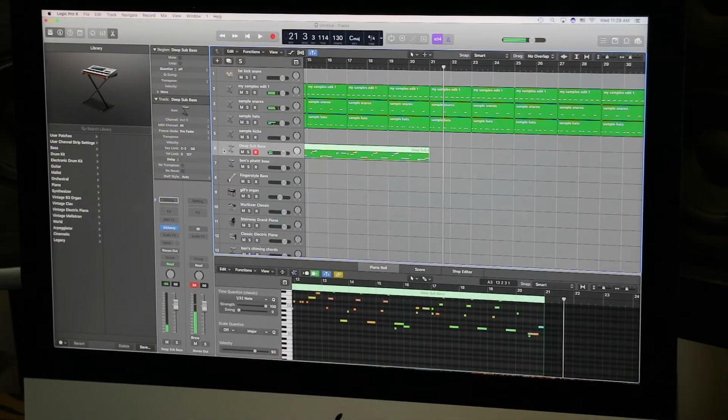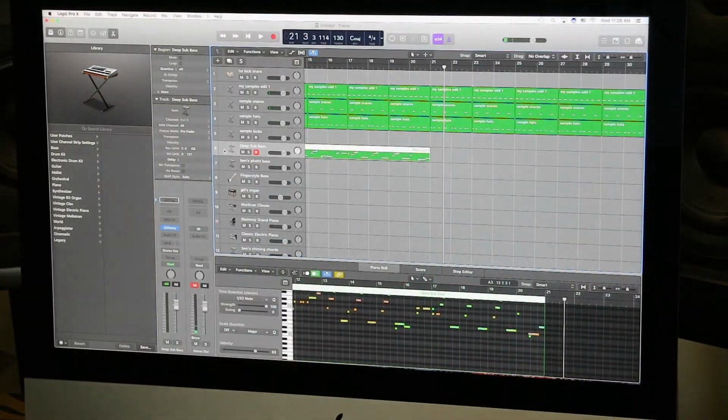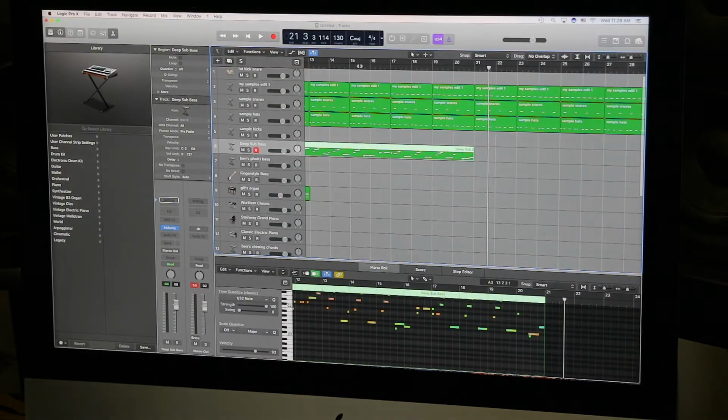Maybe something like that, like the last little bit that I did there. Could be a cool bass line. Let's see where that goes.